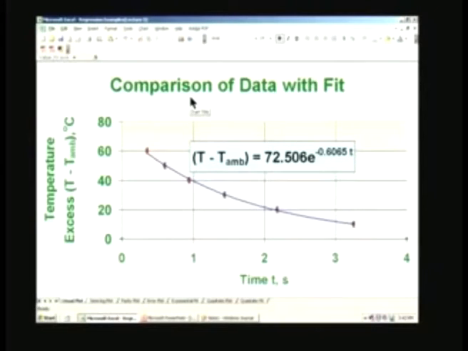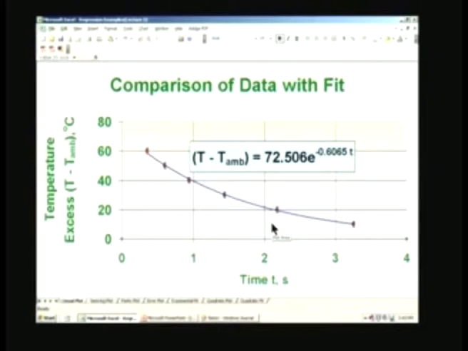What I have done here is to compare the data with the fit, but right now we do not know what the fit is. We are going to come to that later. Right now let us just look at the data. The data is the points shown here. There are 6 points which have come here, and the data is plotted just to indicate that it is not a straight line. It is very clear immediately that the plot is not a straight line.